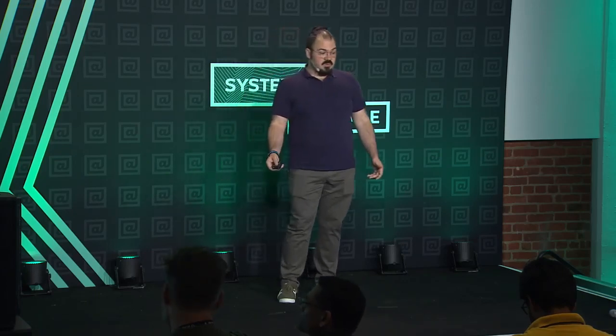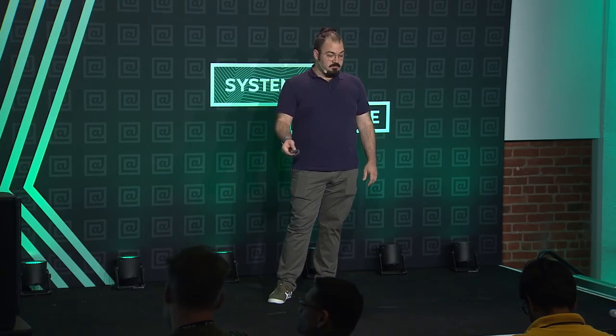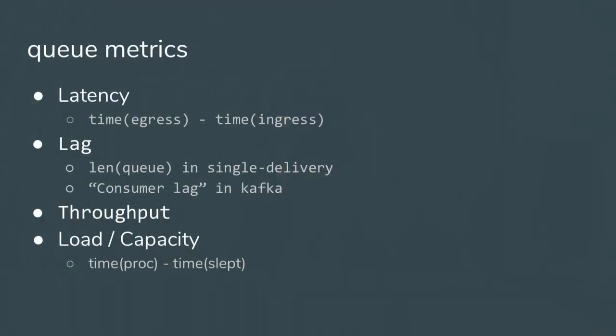In order to understand what's going on here, let's look at some of the things that we measure about this. Some of the key metrics that you want to measure if you have queues. Latency is kind of obvious, because that's the thing that you're making worse by adding the queue. There's also lag. Lag makes the networking people a little more relaxed, because they want to own the word latency. Lag is equivalent to latency when you're measuring it in time. You can also measure it in number of messages or number of bytes, and then it becomes a little bit